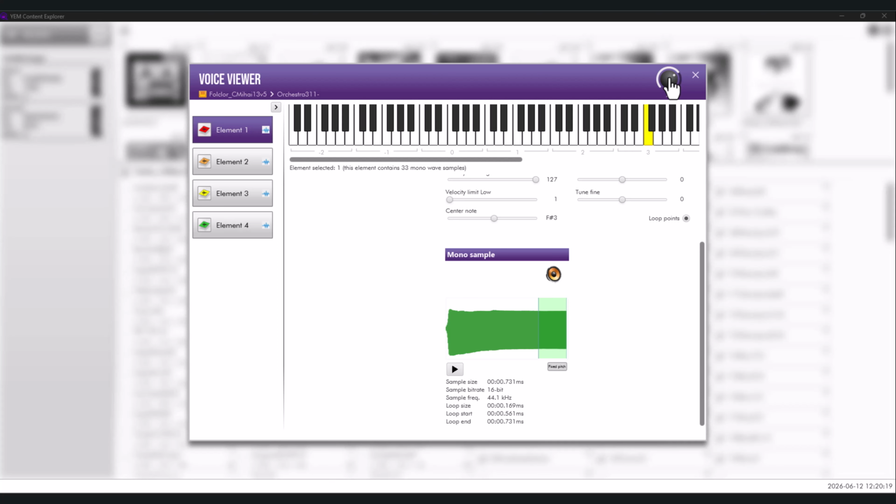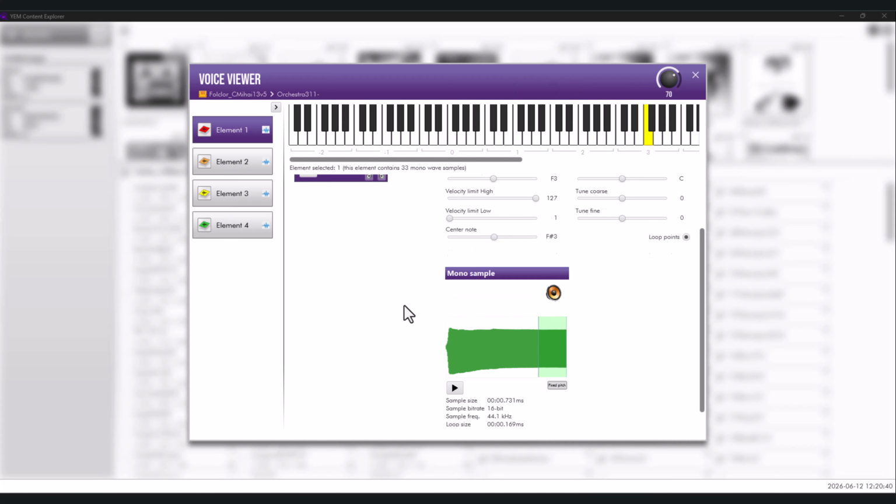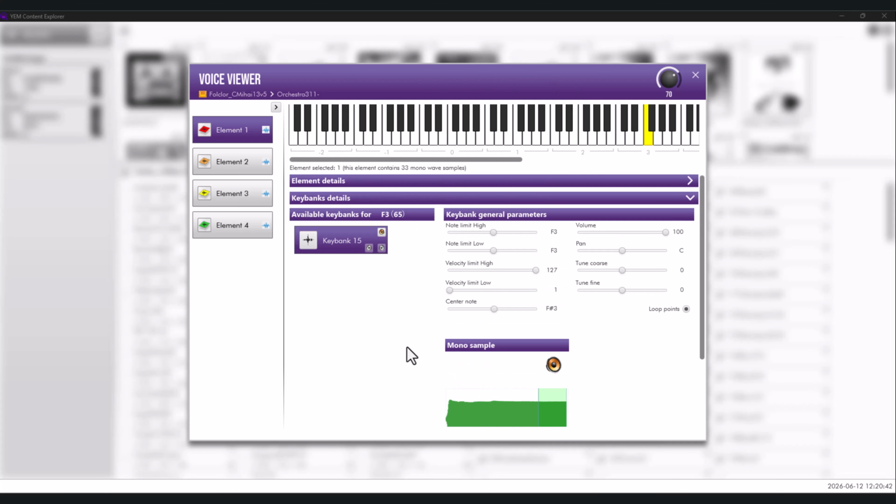You can change the volume in several different ways. Simply position the mouse cursor over the control and use the mouse wheel, click and drag vertically, or click and drag horizontally. The selected value is automatically saved and shared between both Voice Viewer and Drum Viewer. Each time either screen is opened, the previously selected volume level is restored automatically, even after restarting the application or